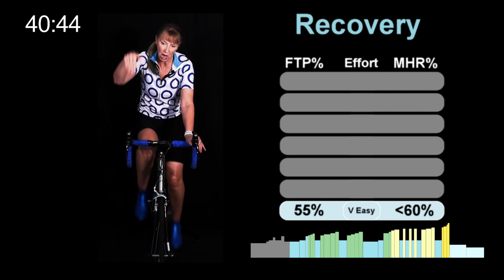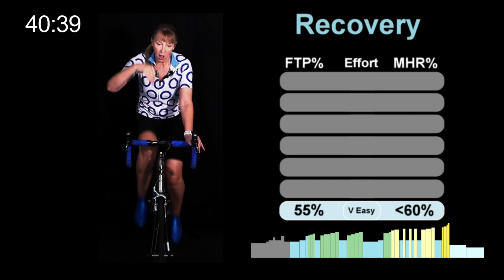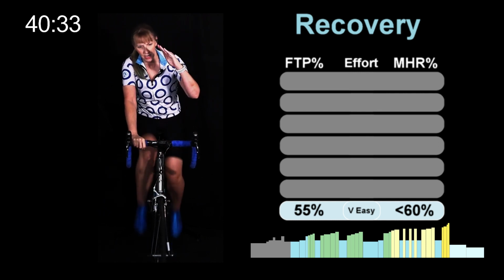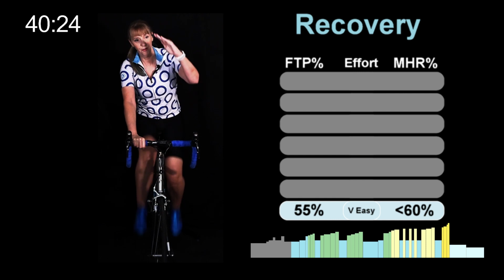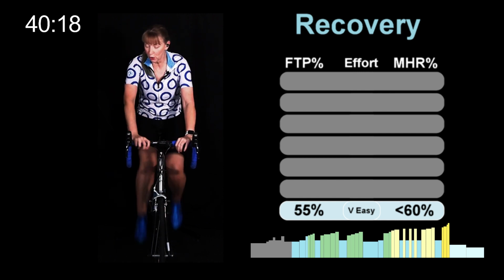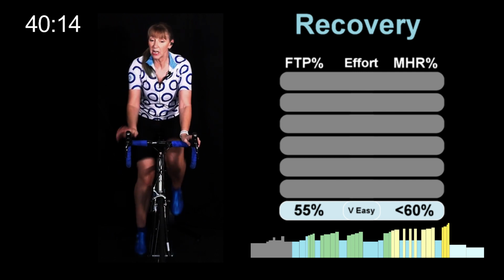The first climb are 3 ramps. We're kind of dropping, not deep recovery in between. So you're going to do a ramp up, then you're going to drop down, but you're going to drop down not as far as you were on the first one. So you're kind of going to do that, drop, that, drop, that. Each one of them is staying in the tempo zone, but each ramp gets a little bit harder. Now clearly,